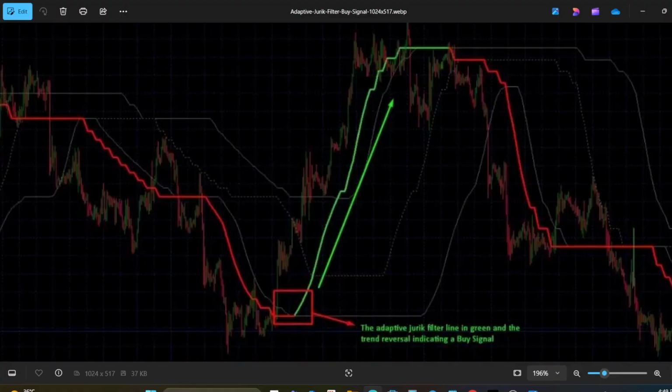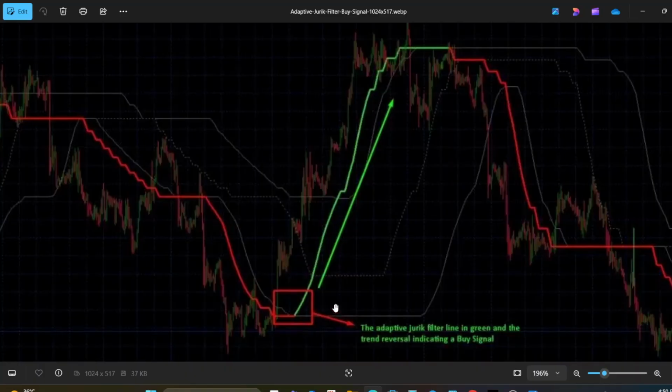Now, you may be wondering, why should I use this filter over the tools I already have? Well, here's why the Adaptive Jurik Filter can be a valuable addition to your trading toolkit. One is the less noise and more clarity function. This indicator